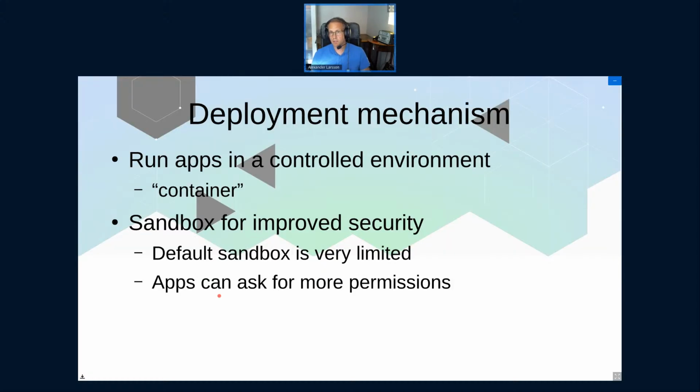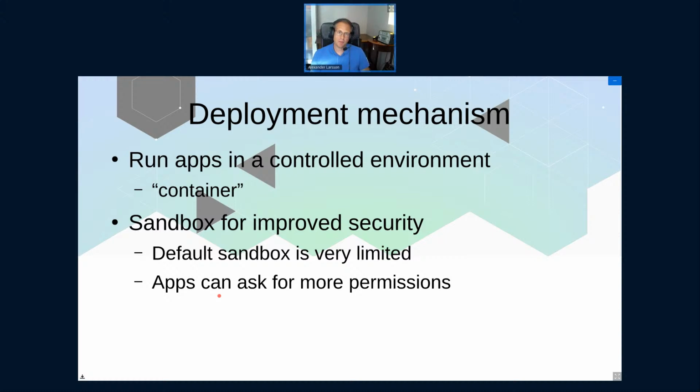It's also a deployment mechanism. Obviously, when you have installed something, you need to be able to run it, and to run it in a way that we can make independent of the host, we have to run it in a controlled environment, and that's where we get this whole container thing. So we naturally have to have a container, but we also want to have a container because that way we can improve security in the sense that we can protect apps against other apps and also protect the user's files from apps.